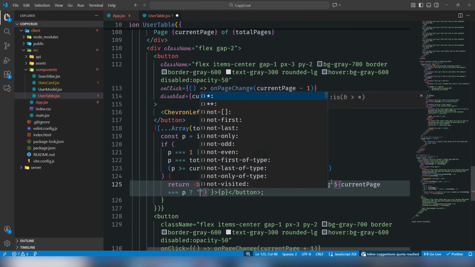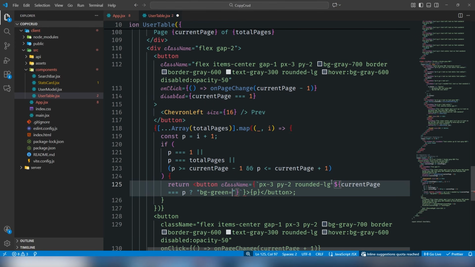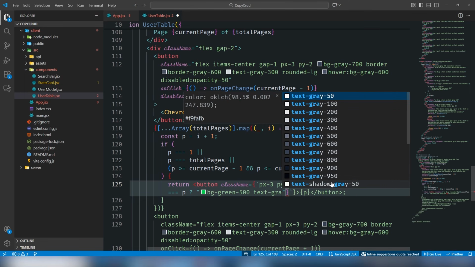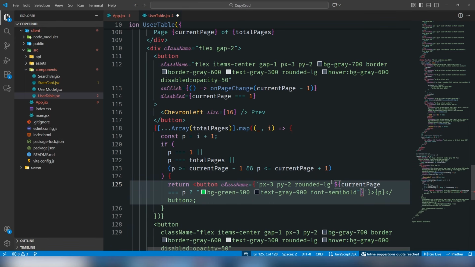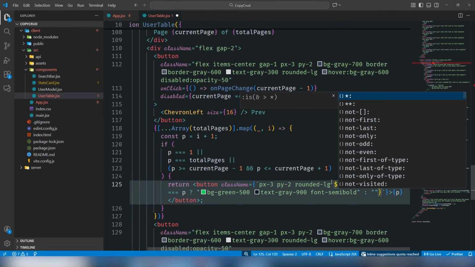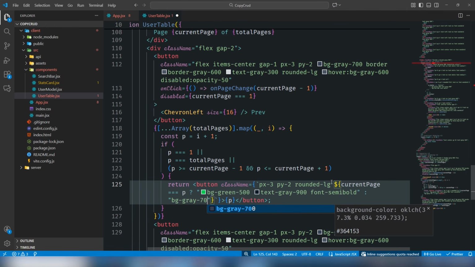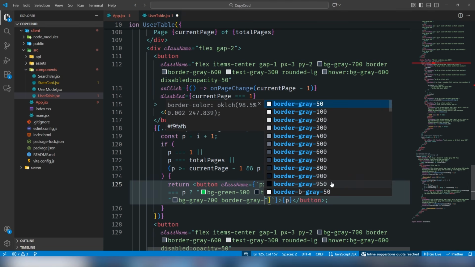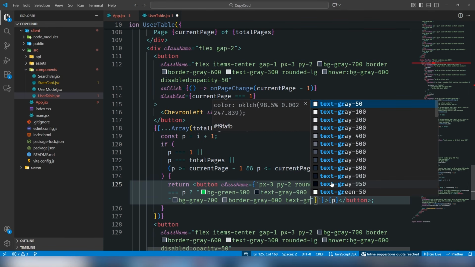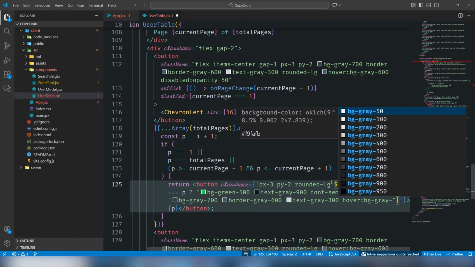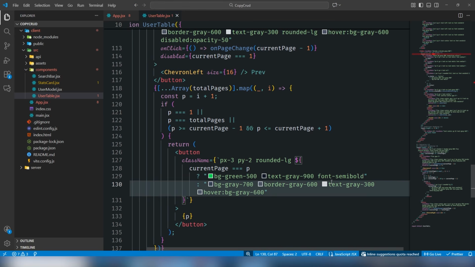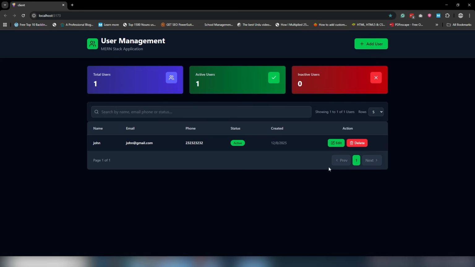If the current page is matched with p, then I would say bg green 500, text should be gray 900, font should be semi-bold, and otherwise bg gray 700, border gray 600, text should be gray 300, and on hover bg gray 600. So I'm going to save the file